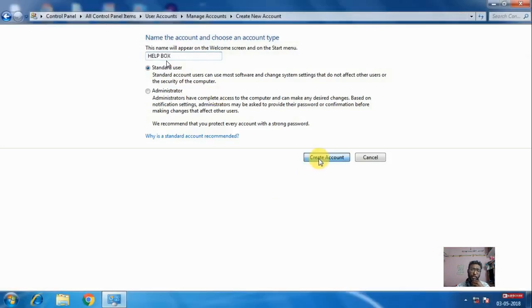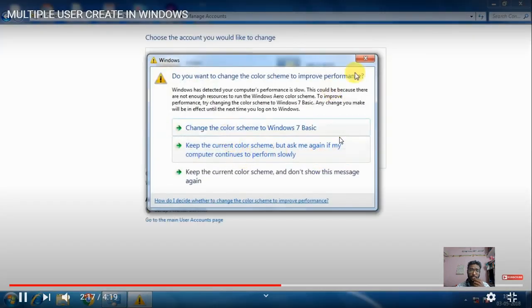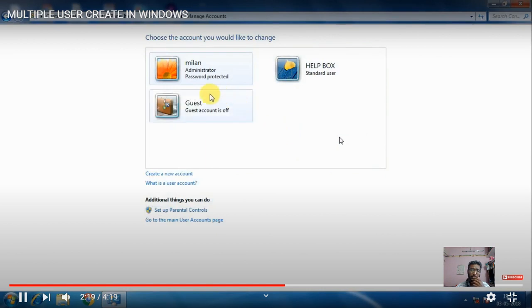You can write your own name also and then create account. Now you can see the third account has been created. Can you see? That means there are 3 users in total: the first one is Milan, the second one is Help Box, and the third one is Guest. 3 accounts are there in that particular device.